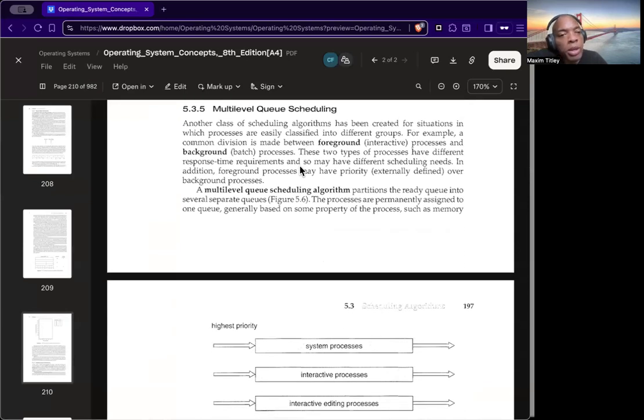Now there's something called the multi-level queue. All right. So we've got a priority queue. Now we have a multi-level queue. There's a foreground and a background. Okay. And with multi-level queue scheduling,